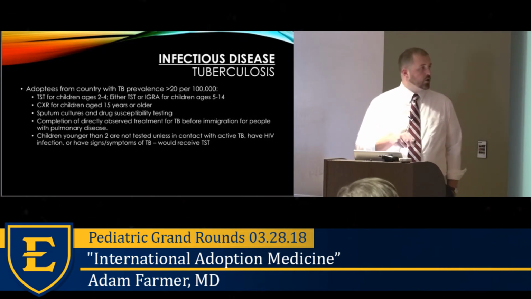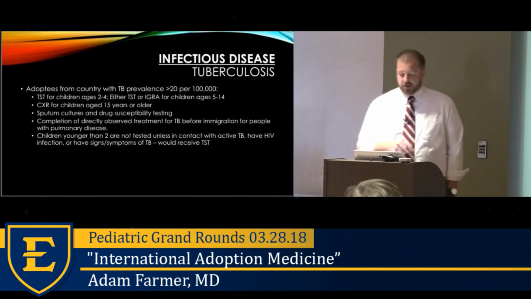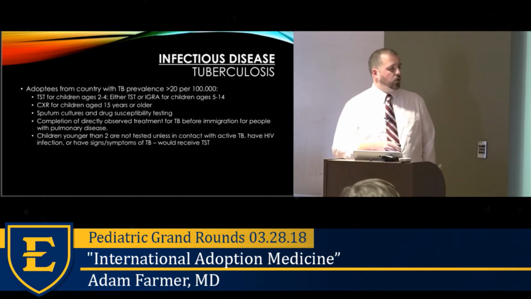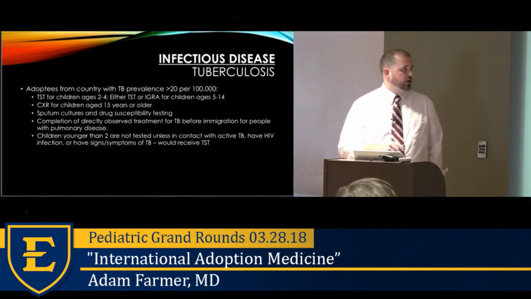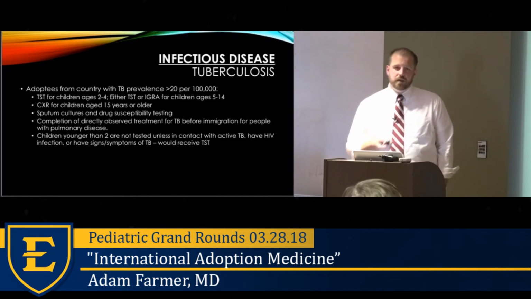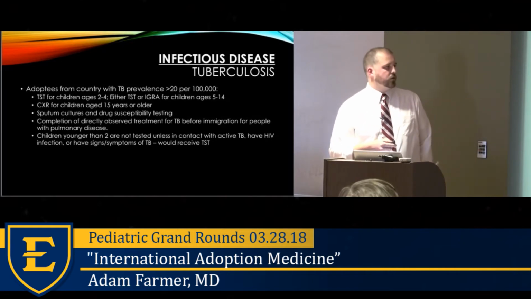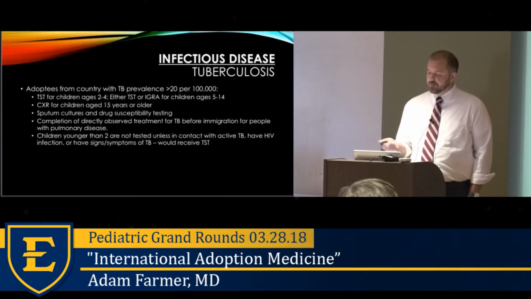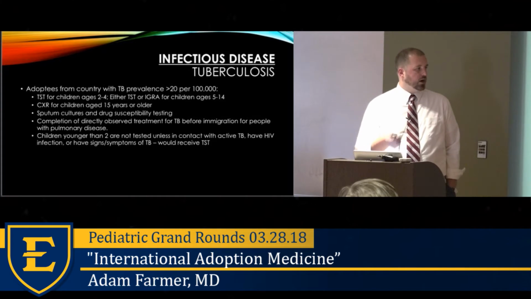You want to do a tuberculin skin test for kids ages 2 to 4. For older kids, age 5 to 14, you can either do a tuberculin skin test or an interferon gamma release assay like the QuantiFERON Gold. Kids older than 15, you need to get a chest x-ray to see if there are any pulmonary signs of tuberculosis, as well as sputum cultures and drug susceptibility testing. Kids who have been documented to have pulmonary disease are going to need to complete directly observed treatment prior to